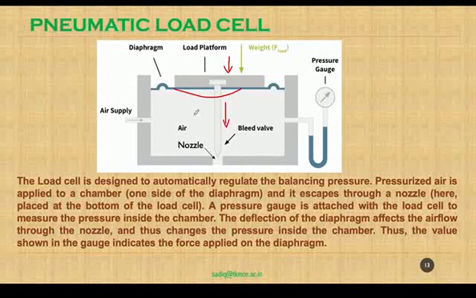That means the compressed air inside the chamber will be restricted from going to this opening. So when there is a restriction for air passage, the pressure inside the chamber will build up, and that will cause a deflection in the pressure gauge here. That means the applied pressure, the applied force and the force shown by the pressure gauge are related. If the pressure gauge is calibrated to show the force directly, this force can be directly sensed by this pressure gauge. This is the working principle of a pneumatic load cell.